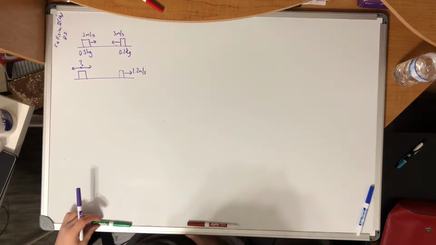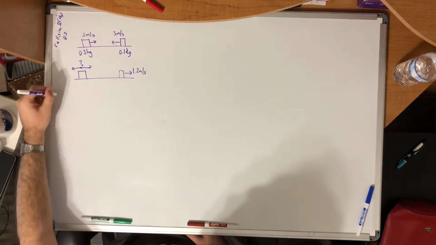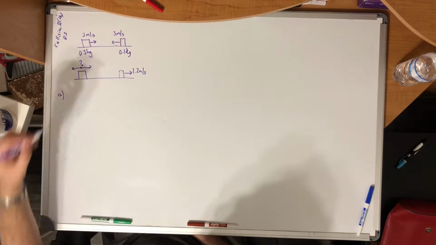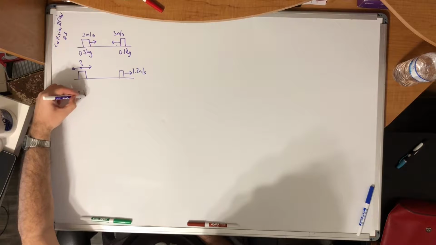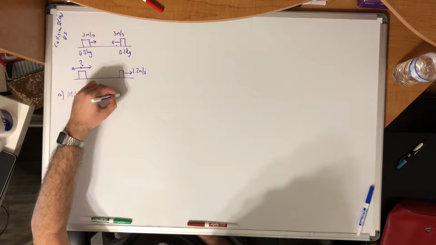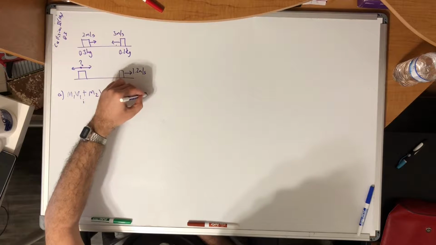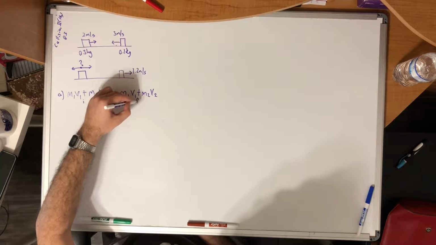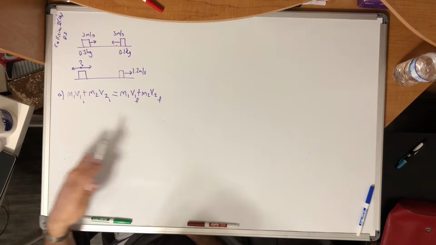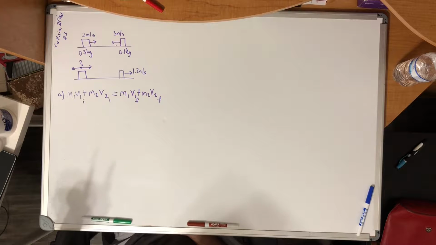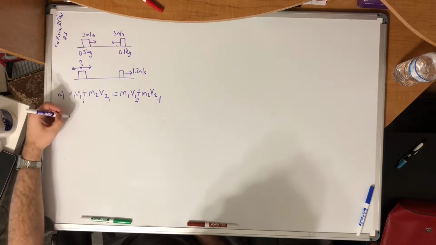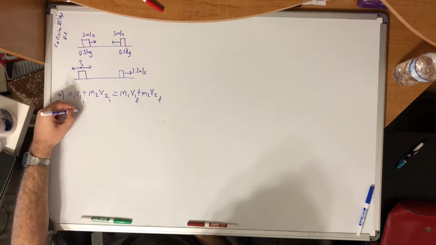In part A, they are simply asking for the velocity of the first object. Simply, it's m1 v1 plus m2 v2. These are initials, and that must be equal to m1 v1 plus m2 v2. And these are finals. Since there's no sticking together, nothing else, we just use regular conservation of momentum, and we'll just plug in the numbers right now. So 0.3 times 2